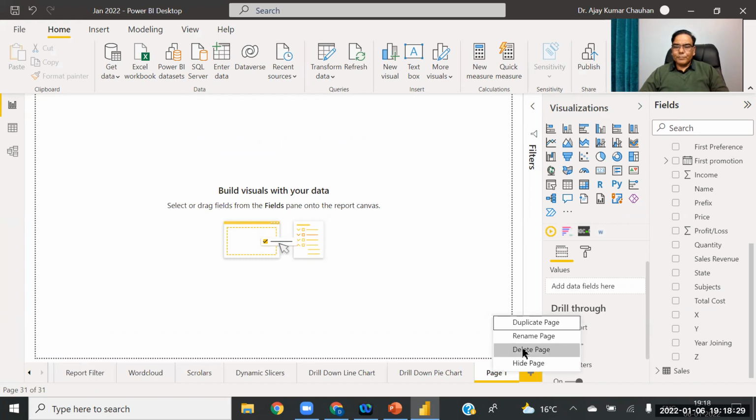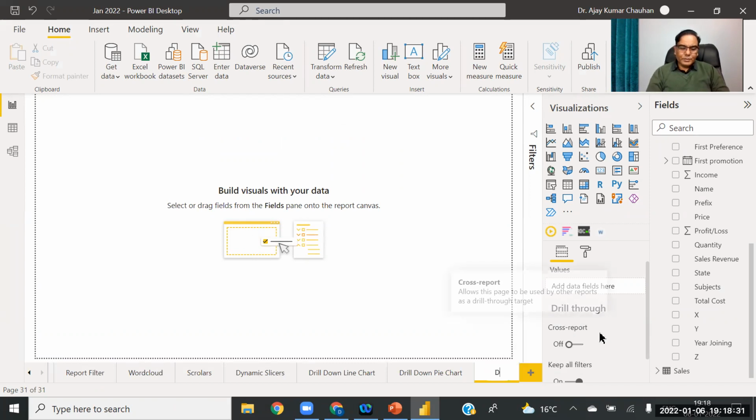Then we will learn drill down donut chart. Then we will learn sunburst chart. Then we will move to